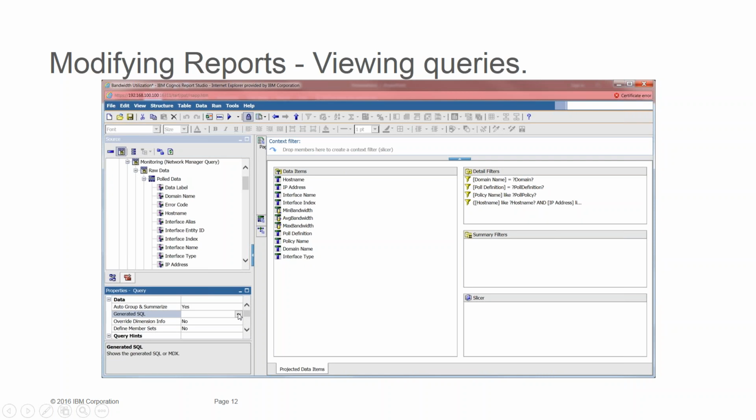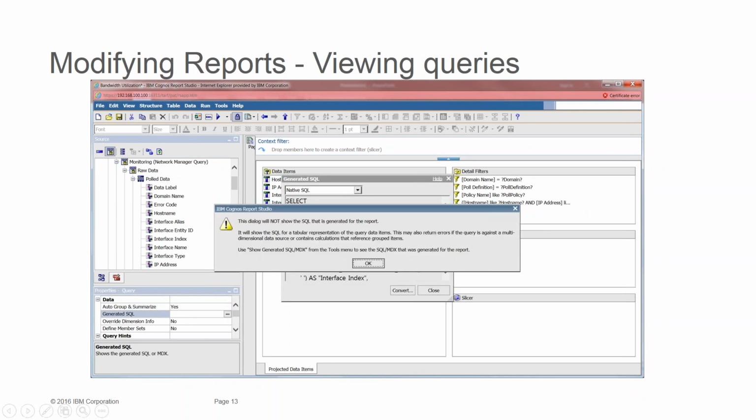If you click on the icon that appears, there's going to be a pop-up saying that it's only going to show the SQL for this query, so for this particular data item, and it's not going to show you the full report SQL,